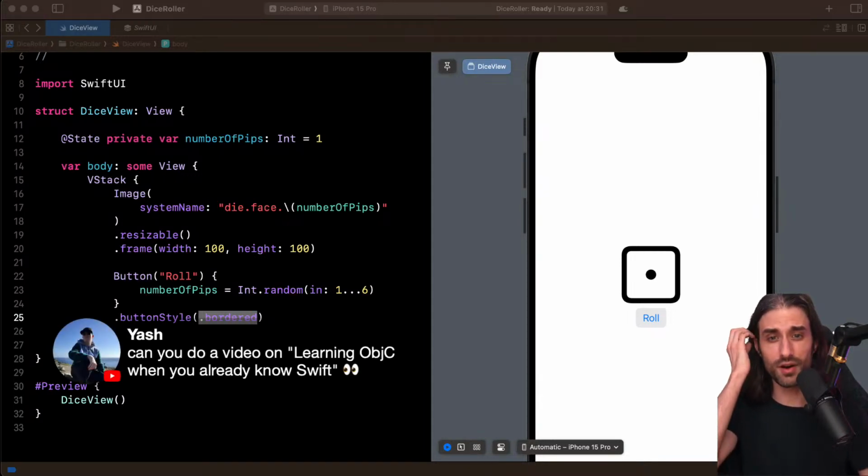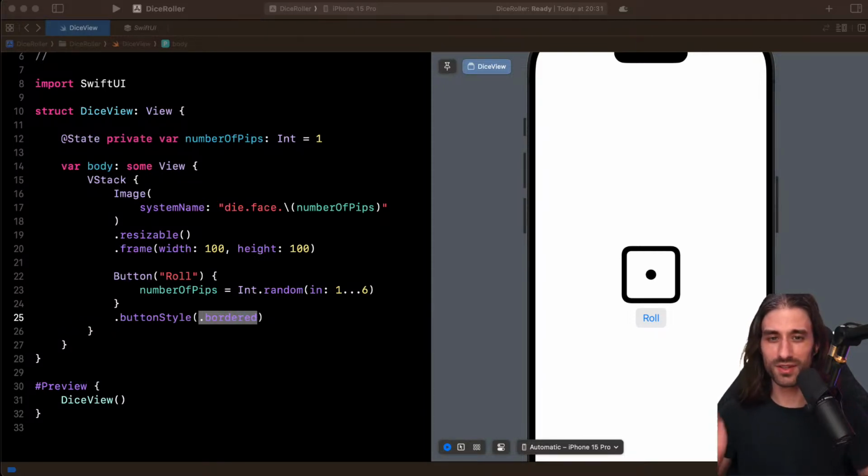Can I do a Learn Objective-C video when you already know Swift? I thought about it before, but people who want to learn Objective-C, I feel like it's basically only people who plan to work at Meta on Instagram or on WhatsApp. And the problem is that they are already super capable, and they will learn it by just reading the documentation. So I like the idea, but I'm afraid it's a bit too niche at this point.